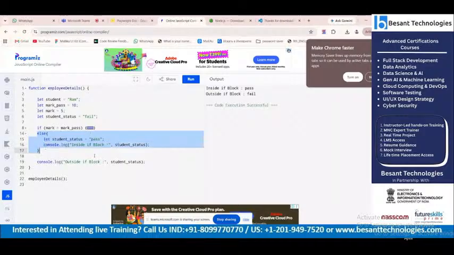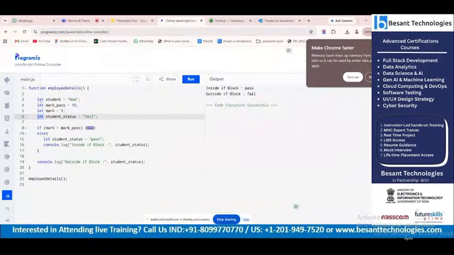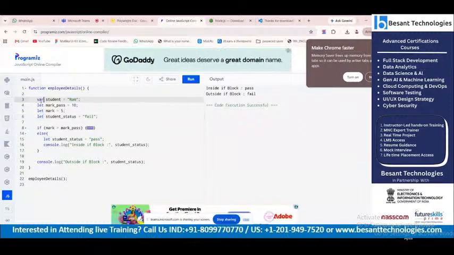Then it automatically changes the status from fail to pass, correct? The reason is inside I declared this variable again with the same variable name, the student status. But if I'm using var instead of let all over here,